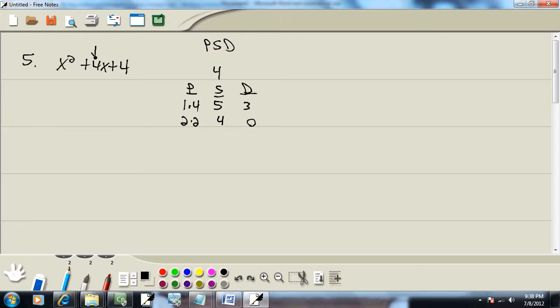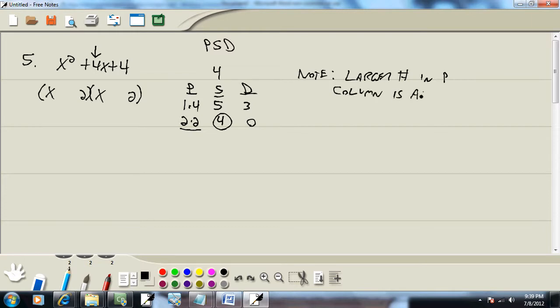Now the number we're looking for is the number in our middle term, which is 4, which means we'll use 2 and 2. Now we have a note that says the larger number in the P column is always the same sign as the middle term. Now this is kind of an odd one because they're both the same number. They're both 2. Well, I just pick any of them. I'll pick one of the 2's, and it's going to be the same sign as the middle term, which is